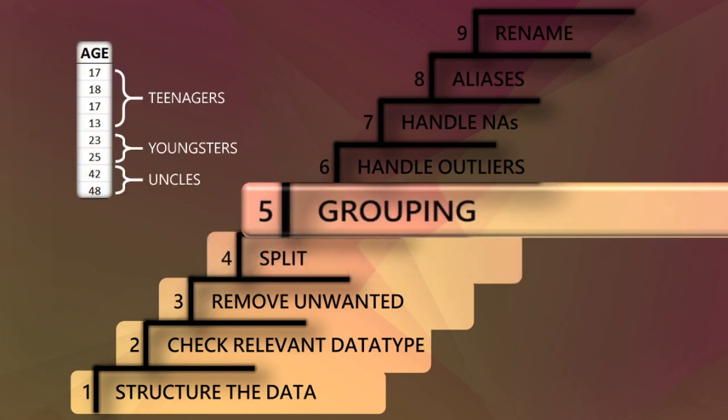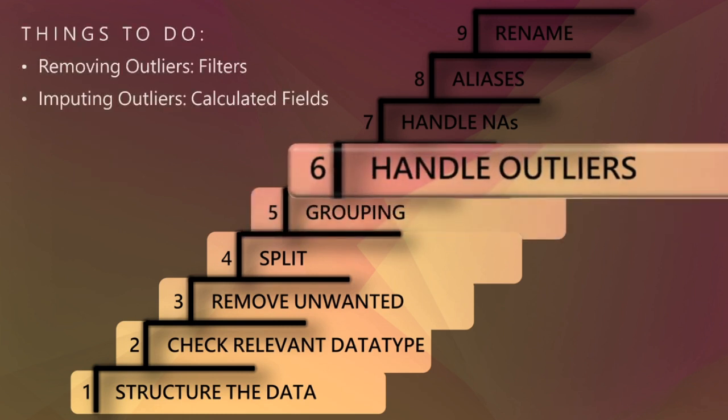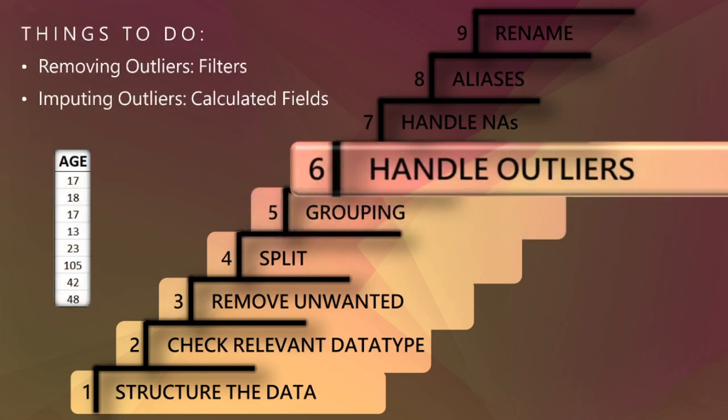Sometimes data is divided among different values, but as they have common features, all such rows need to be grouped together under one label, and hence grouping is required. As seen in the picture, we need to create three groups of people with the same range of age, so for that grouping is done. Further, we have step 6, that is handling outliers.